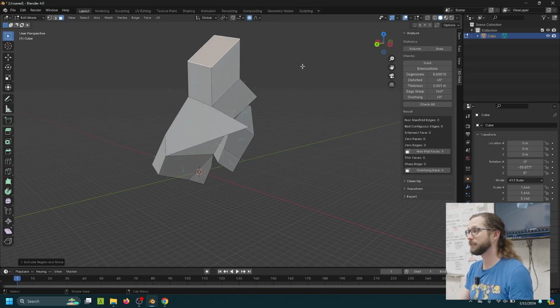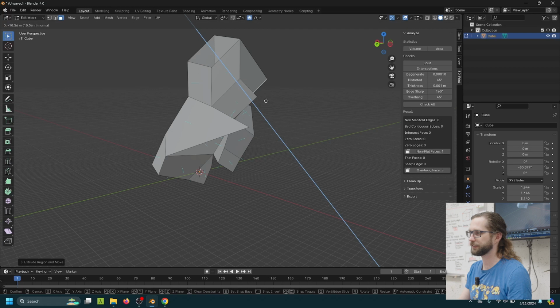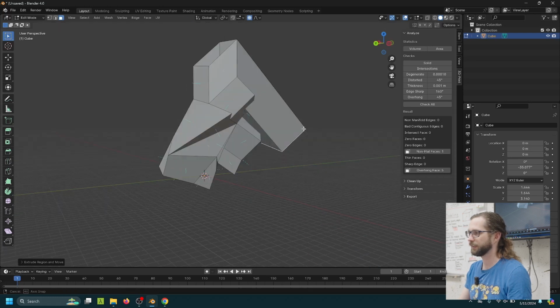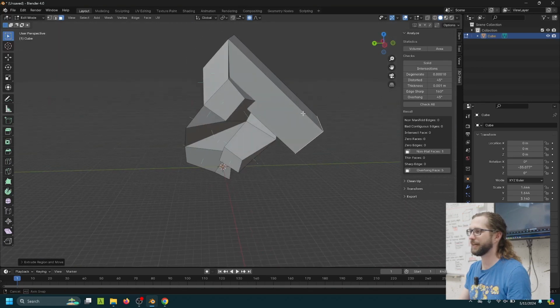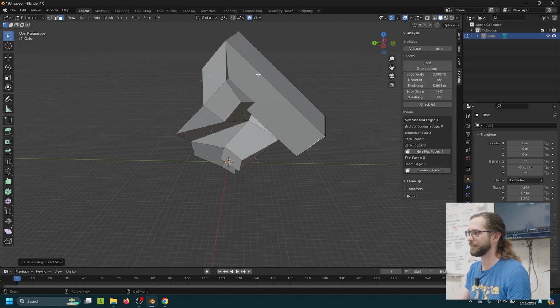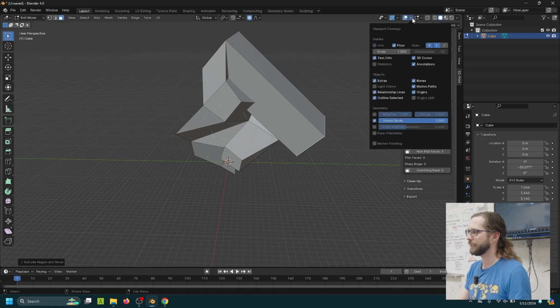I like having that on because one of the other issues that can happen with models that will screw up how they slice is that depending on how you've created this geometry, sometimes these faces will end up facing the wrong direction. So for instance, if I extrude this through here, you'll notice I don't have those hairs on the outside of my model. That's because these faces are actually facing in,